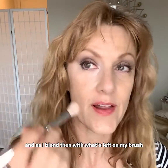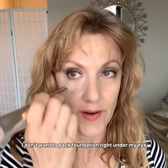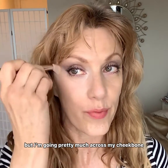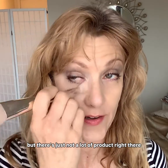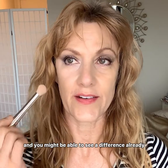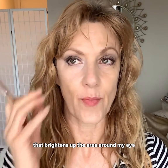And as I blend, then with what's left on my brush, I'm going to go ahead and go across. I don't want to pack foundation right under my eye, but I'm going pretty much across my cheekbone. So I have sort of a triangle here, but there's just not a lot of product right there. And you might be able to see a difference already that brightens up the area around my eye and seems